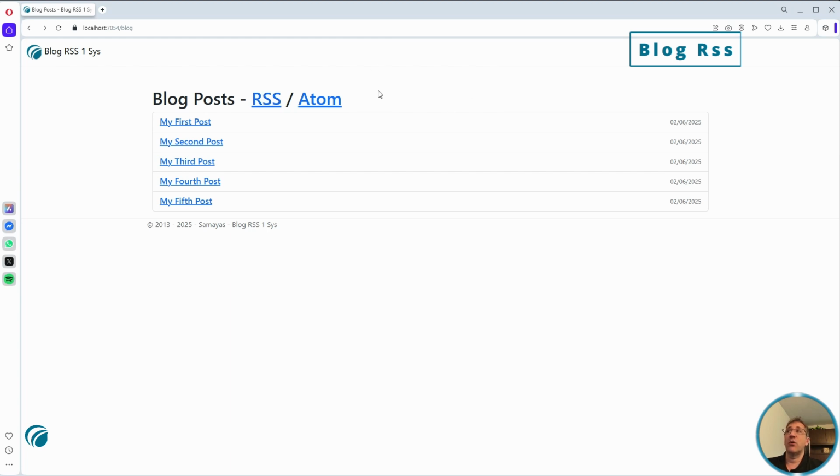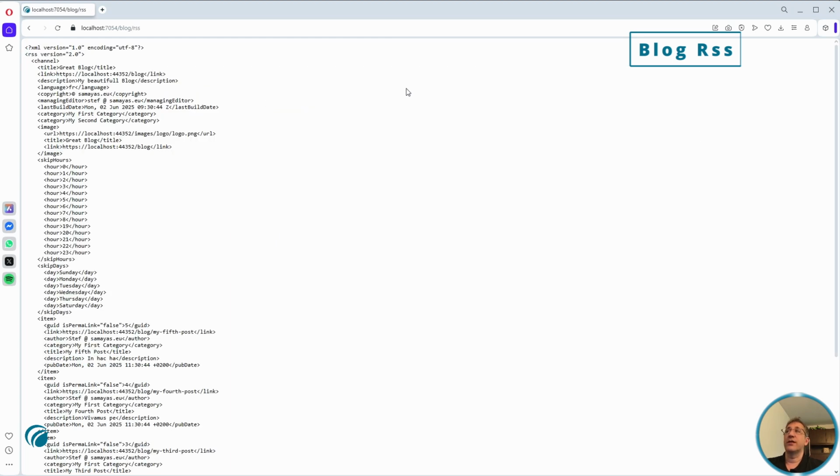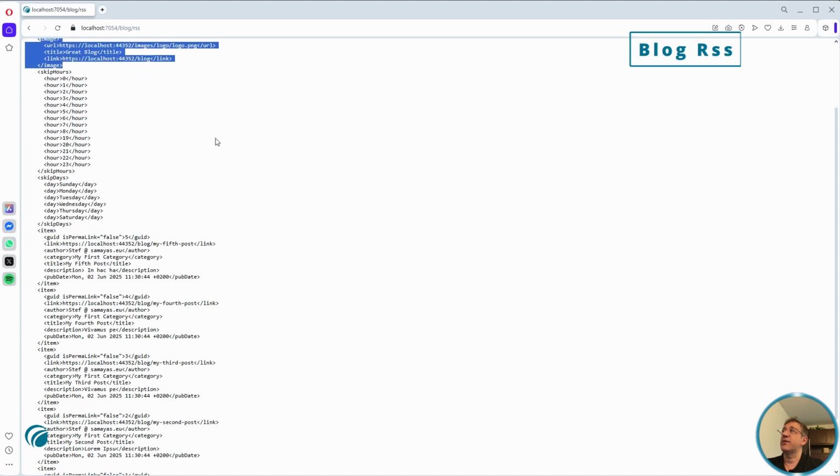And since for demo purposes I want to visualize, I switch to Opera. So when I click on the RSS link, it shows me the XML it generated. So as you can see, we have the blog title, we have the link to our blog, we have a description, we have a language, we have a copyright, we have an editor, we have when it's last modified, we have multiple categories we defined,